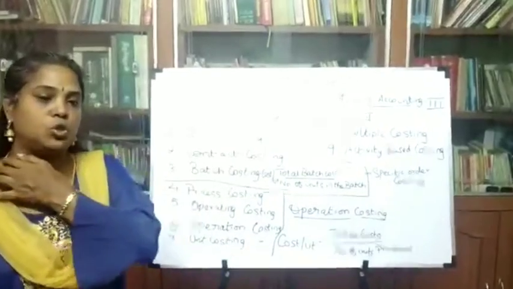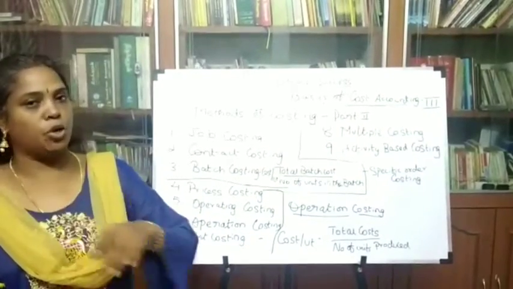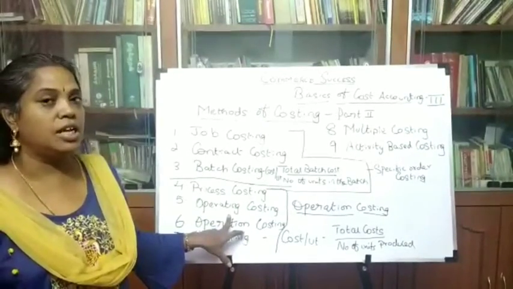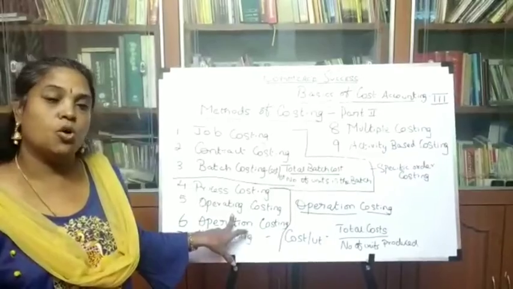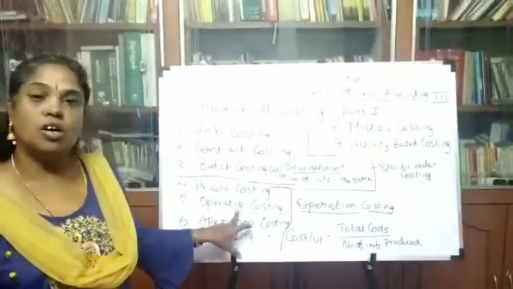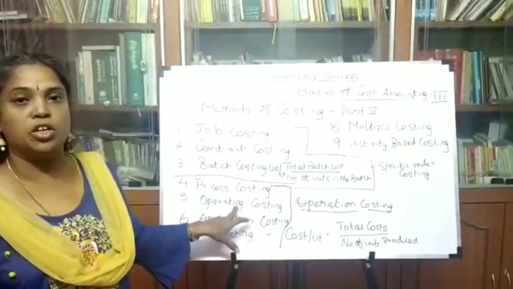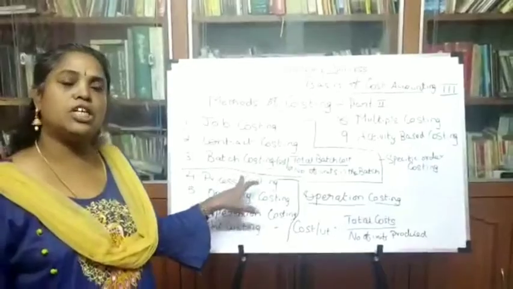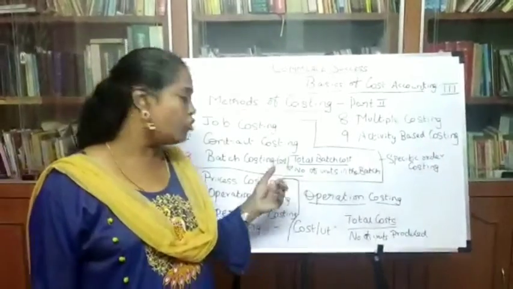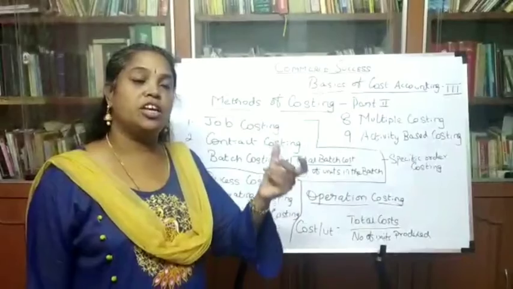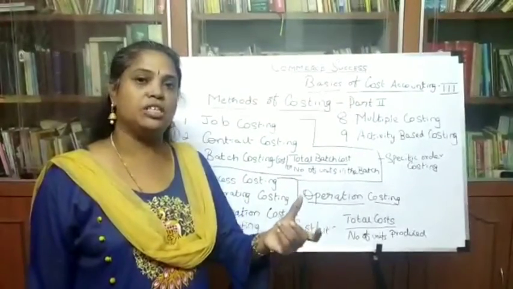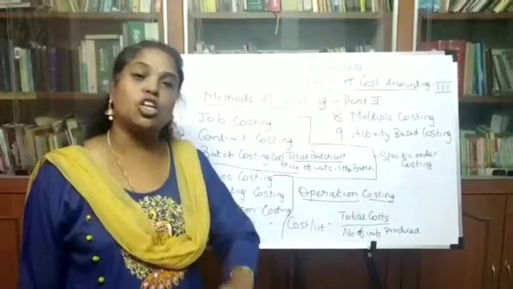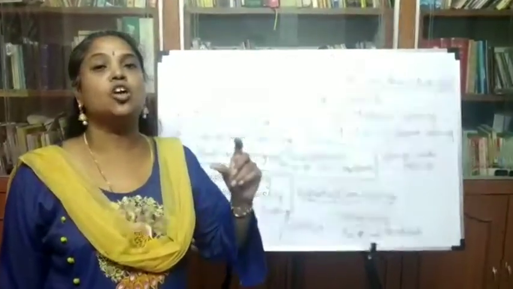The finished product may be sold, and based on that, you will be able to find out the profit or loss. What is operating costing? It is applicable to service industries like transport, cinemas, hotels, hospitals. In all these industries, you will find operating costing being applied. Next one is operation costing. Operation costing is very similar to process costing. The only difference is, instead of the word process, operation is used. You will be calculating the cost for each operation, and the costs are more accurate